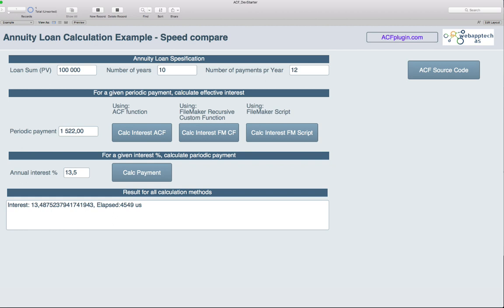Let's say we have this as an unstored calculation down in our table. That calculation alone will, for a 2000 record report, use half a second using our ACF function and 4.5 seconds using the recursive custom function. Using our script, we would need to loop the records first to calculate the value and then run the report. That alone uses 10 seconds only to calculate this value, not counting the loop.